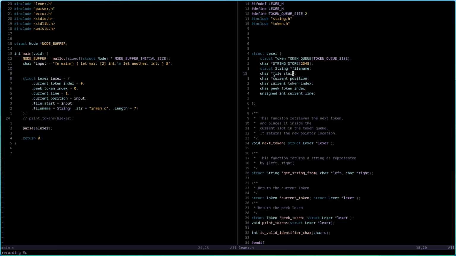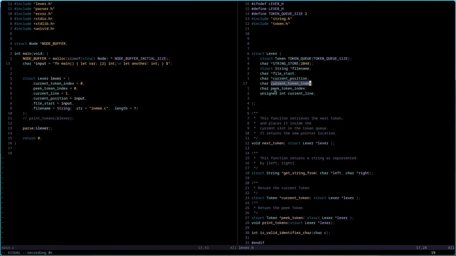Anyways, so it has a bunch of fields. File start, so basically the address of the file, and then onwards, and current position, which is the pointer. So the pointer will progress while we read each token.